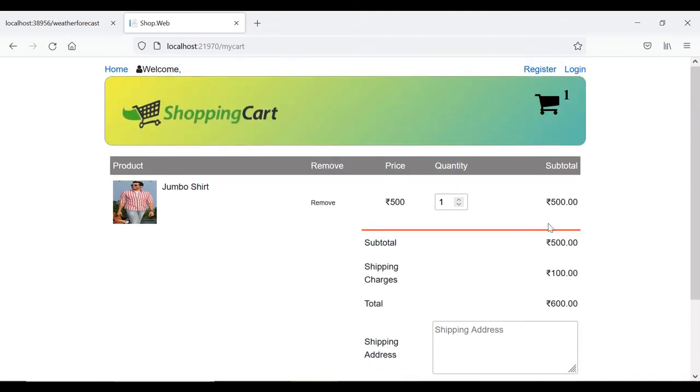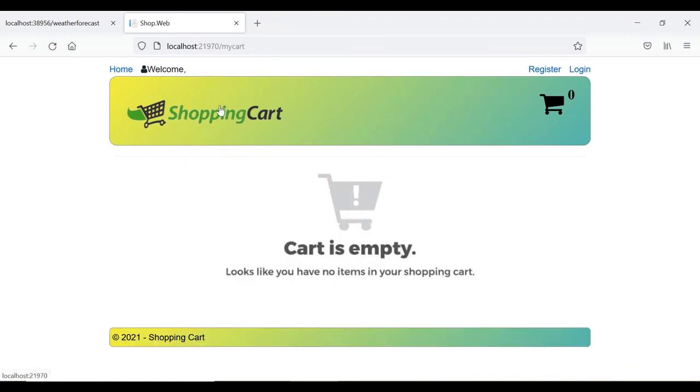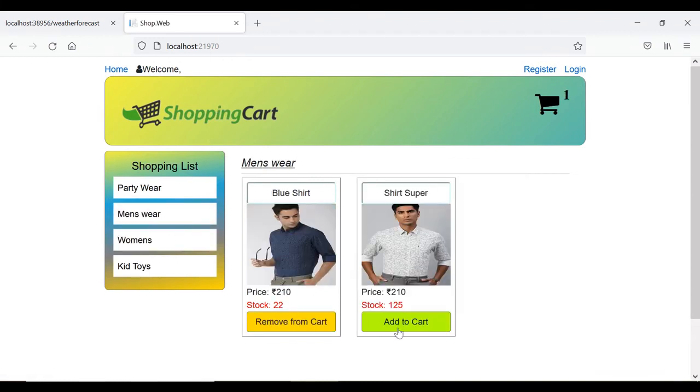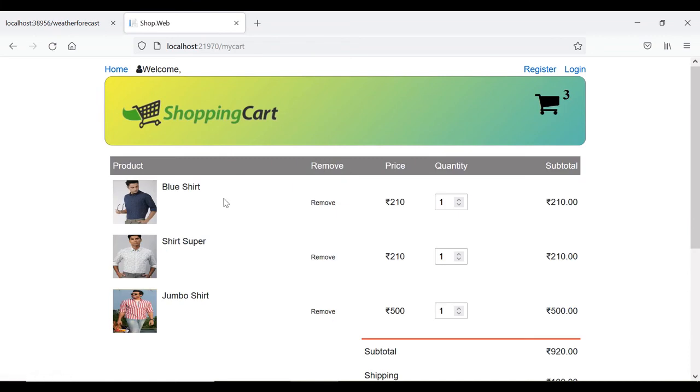So we have this entire structure. The design is pretty simple here. Let's go to the shopping cart and remove from this cart. Now the cart is empty. Click again. Let's add a few more items and click on add. So we have 3 items over here,